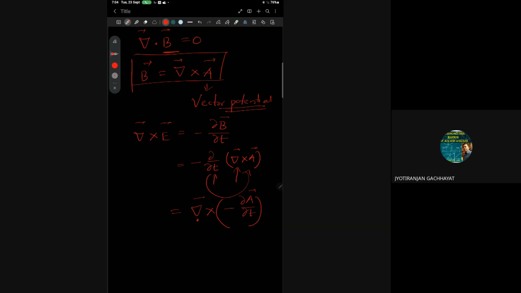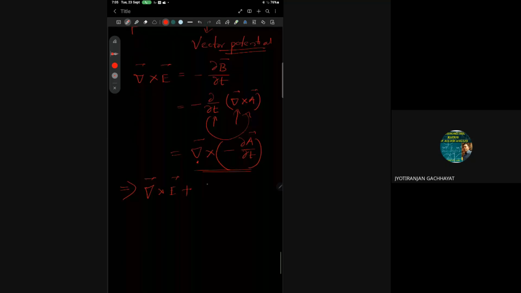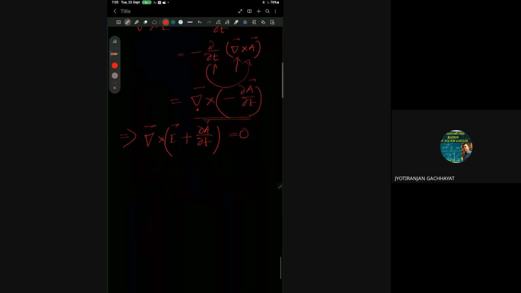We can take it inside, right? So if that is the case, I can take this right side to the left side, so it will be del cross E vector plus del A by del t equal to 0. Okay, so what we get, let me write down once again: del cross E plus del A by del T